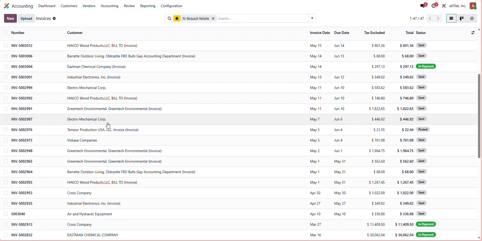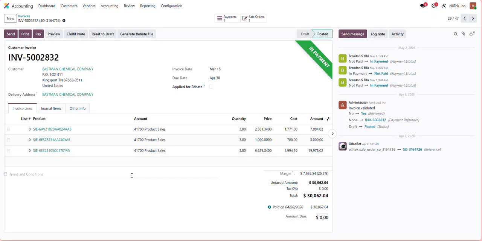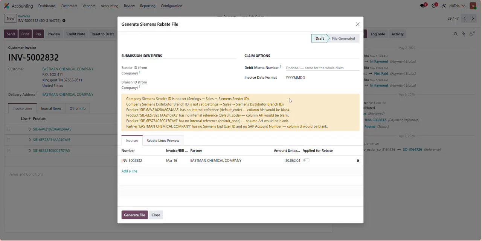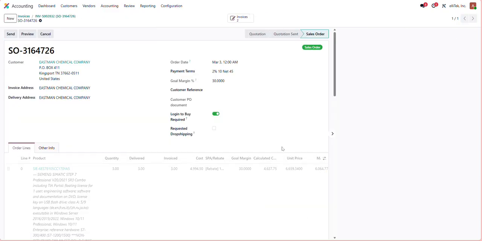This modal is also available from an individual invoice. So this one needs to be applied for rebate. If you hit generate rebate file, this will show the same exact modal. It will just open it up for this invoice specifically. You can also manually mark these as applied for rebate if you need to, and you'll notice that the margin gets updated. 25.5 goes up to 31.45, which is the same as the sales order margin,